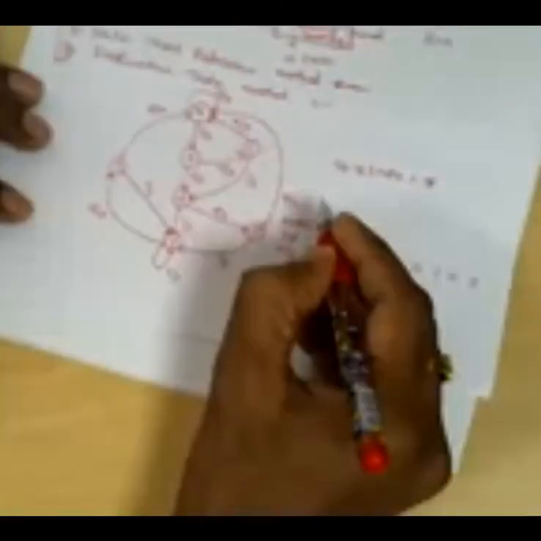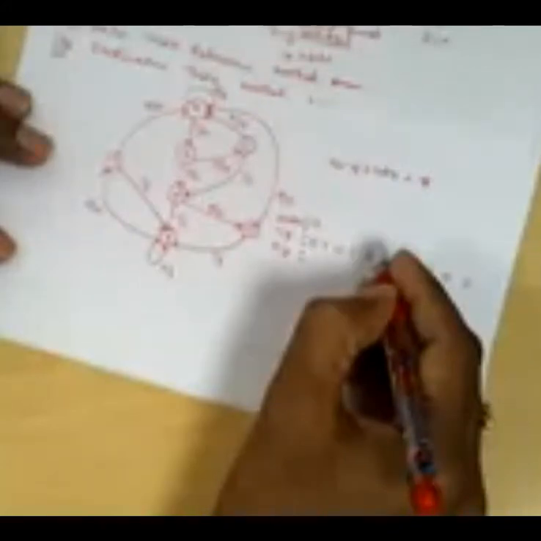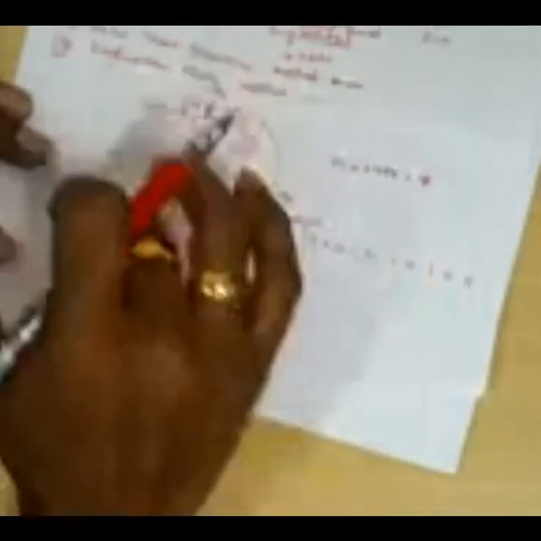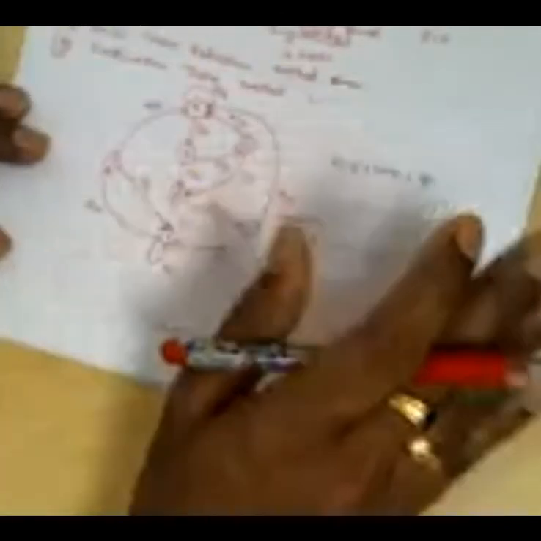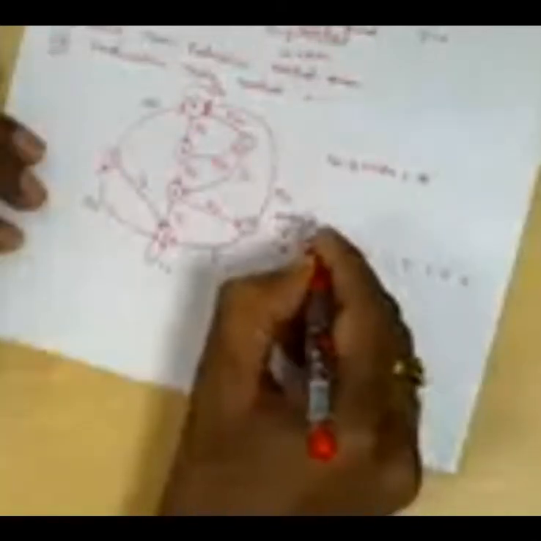Now tell me, initially it is in the A state. So when the input 0 is coming, what will be the next state? Did you understand the state diagram? The state diagram we have drawn from understanding some problem. Some statement is given. Based on that, we have drawn the state diagram with the present state A. The initial state is A.